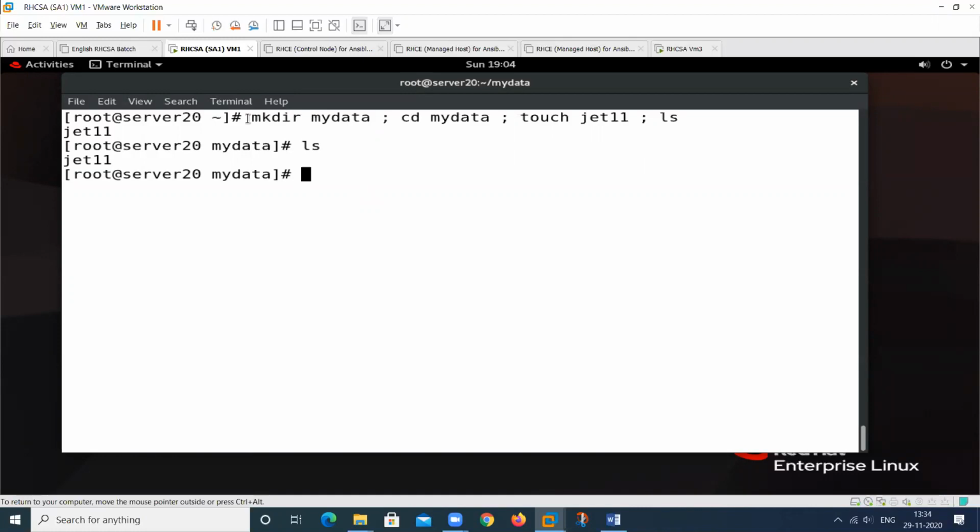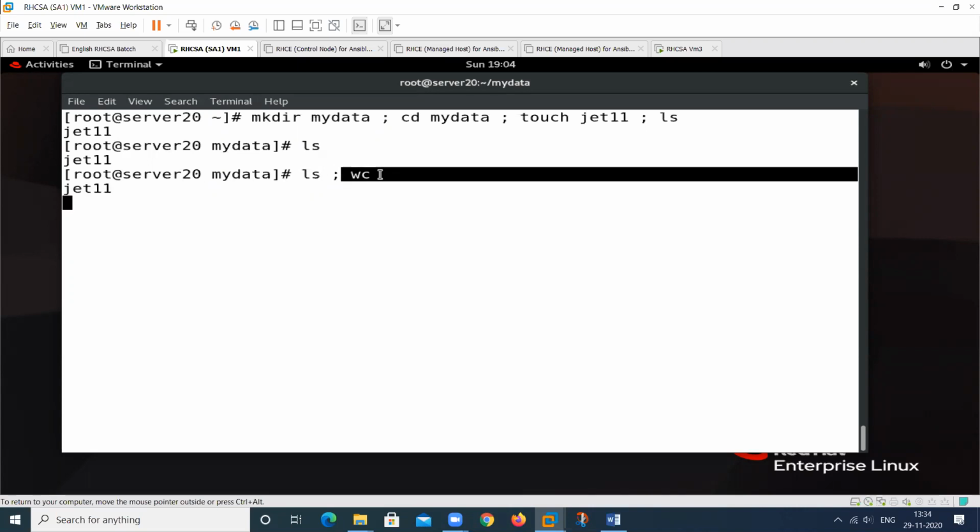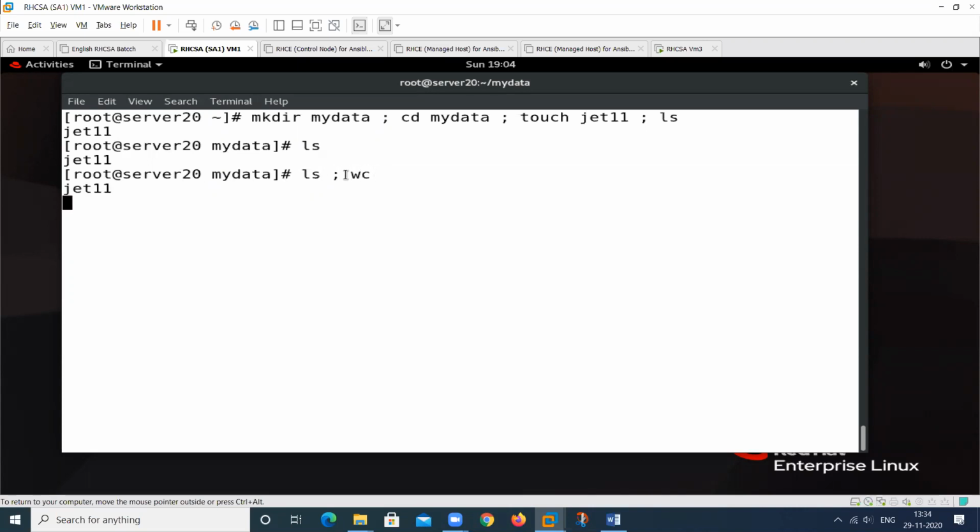Suppose we want to use these two commands, ls, then again the wc command. See here, this command will perform, but this command is not performed because I typed only the command, so there is no output here.